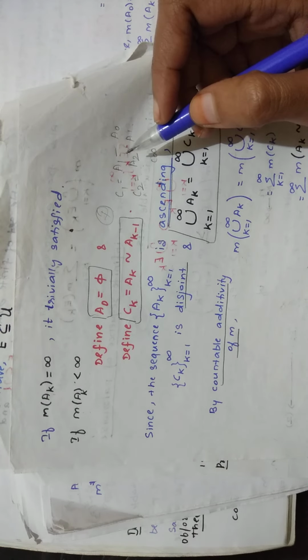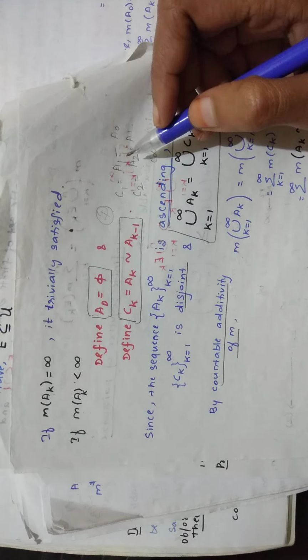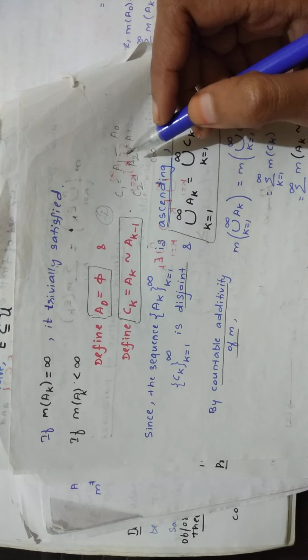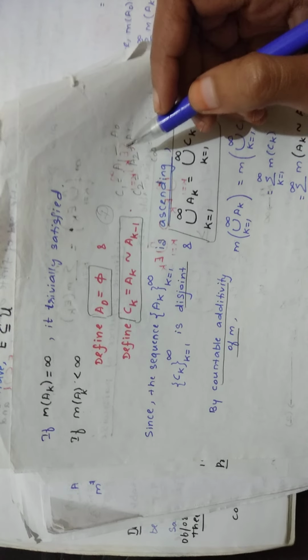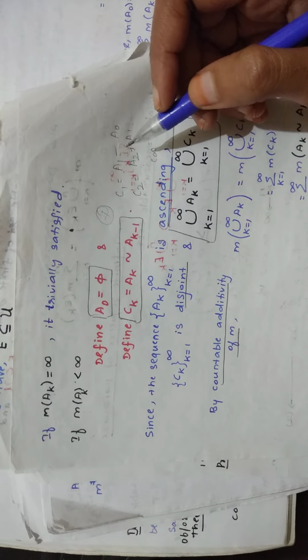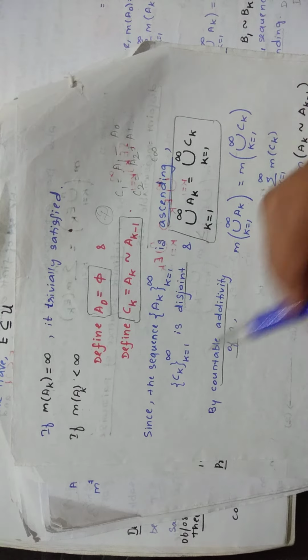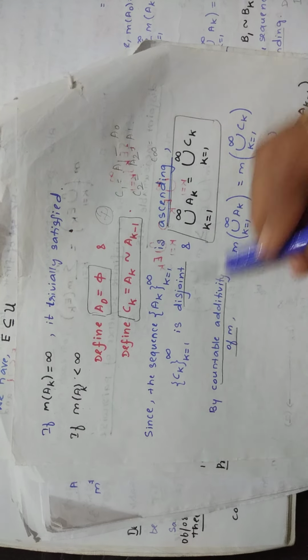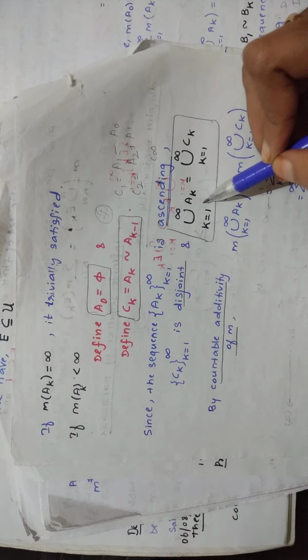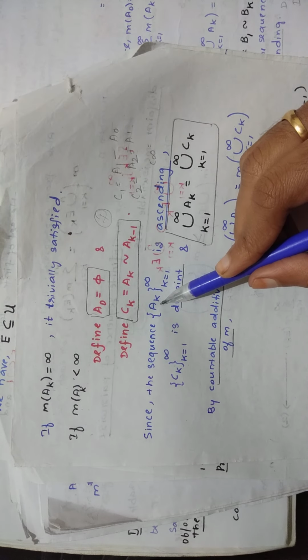There will not be any common elements. So if there are no common elements, what will happen? The C1, C2, C3, these will go till C infinity. They will be disjoint because there are no common elements. So that is what you are writing: Ck, k equal to 1 to infinity, is disjoint, and you are saying when you find the union of this